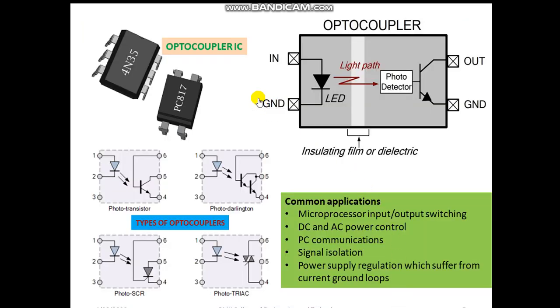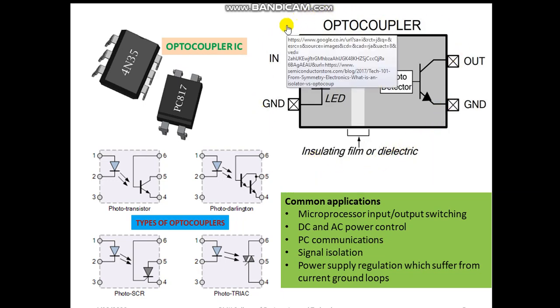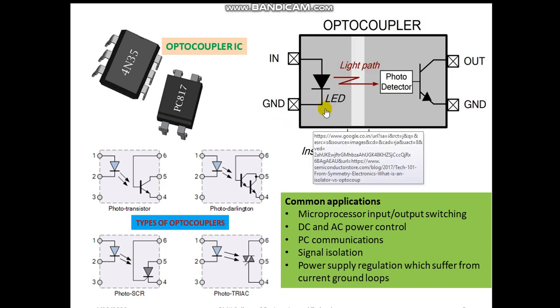Now one of the applications of the phototransistor is optocouplers. What are optocouplers? Opto refers to light, couplers means it joins. So it is an IC which combines two optical devices. One is an LED, the other one is a photodetector. In the photodetector, the device is called a phototransistor. So what is the function of these optocouplers? The optocoupler combines the LED along with the photodetector within a single integrated circuit.